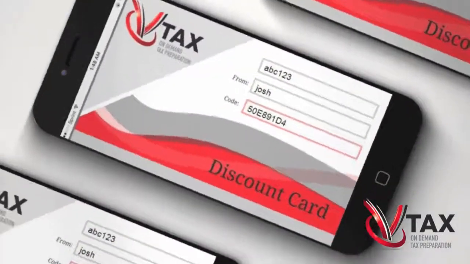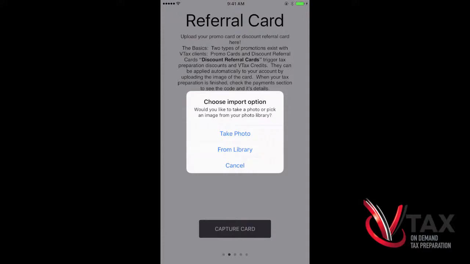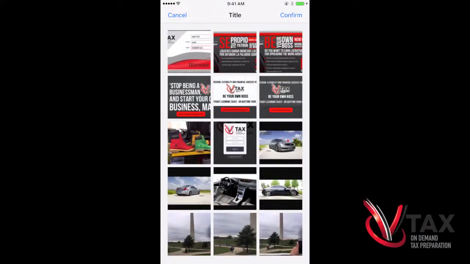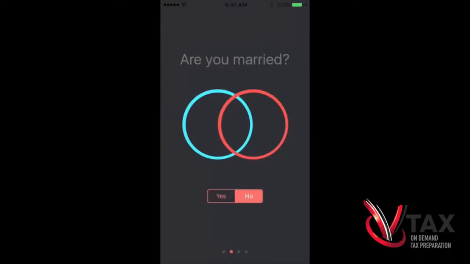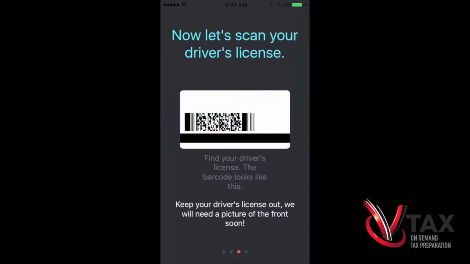Next, you're going to upload your VTax discount referral card that you received from the person who referred you. This is important because you want to make sure you get that discount. So we've got some simple questions. We will enter if we are married, yes or no, and then we will scan the barcode on the back